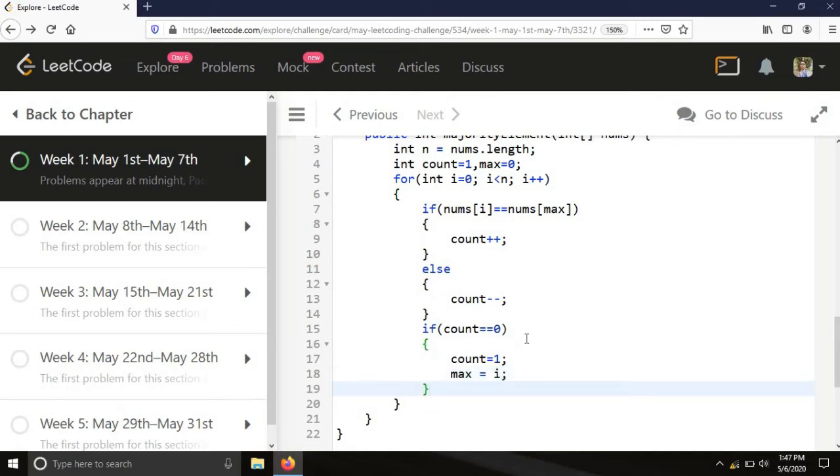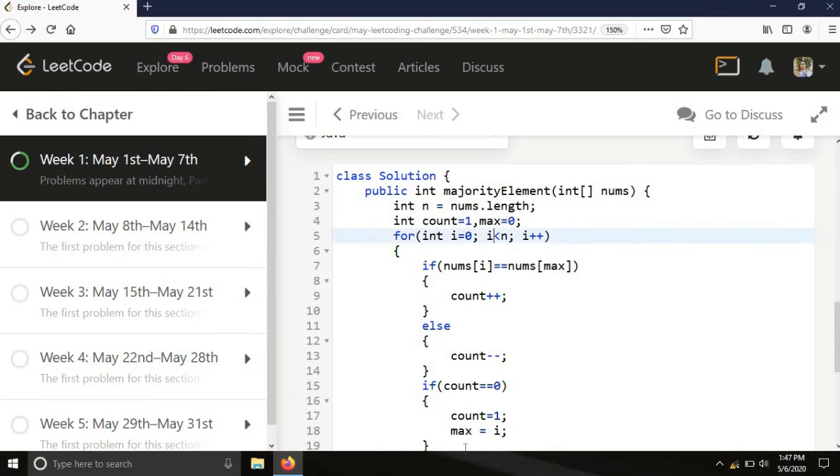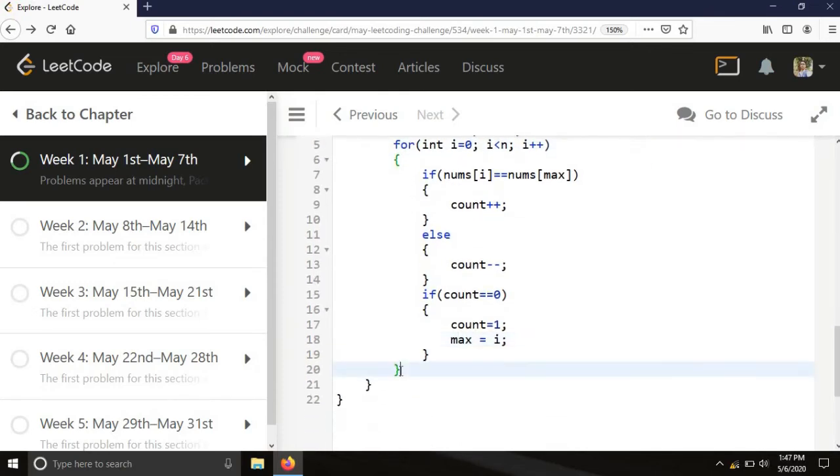Now after the whole iteration we will get the maximum element, but in a few sample test cases it may be possible that the candidate, means the index which it is returning, is not actually the majority element. So just for that we have to ensure that the present candidate which we got after iterating through this loop is a majority element or not. We have to check once more whether the count of that element is greater than n by 2 or not. So count equals 0 now.